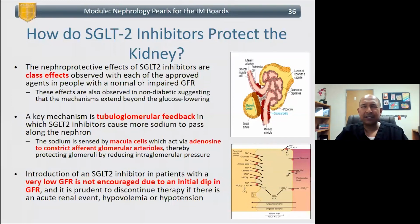So all these sodium glucose transport 2 inhibitors will definitely help the kidney. It's going to be a class effect. And when we talk about something called tubuloglomerular feedback, what does it mean? It's in your nephron, where you have a connection between the afferent arteriole, which we talked about, that's carrying blood coming from the aorta to the renal artery to the afferent, and eventually, after that fluid gets filtered to the proximal tubule and makes its way to